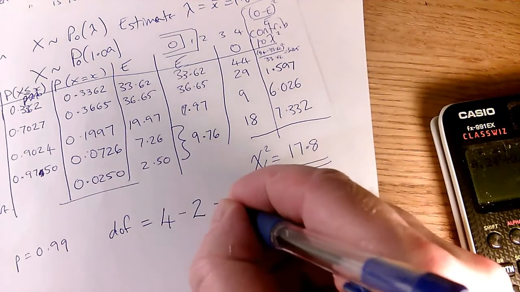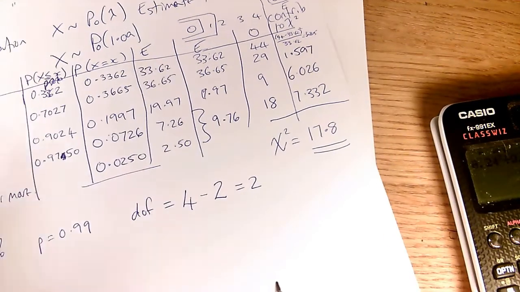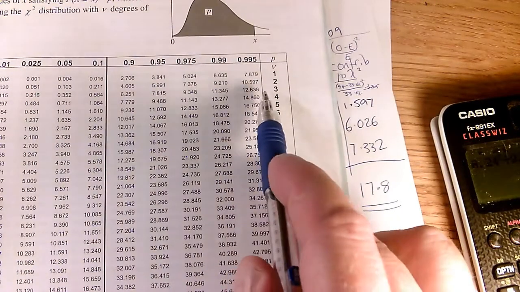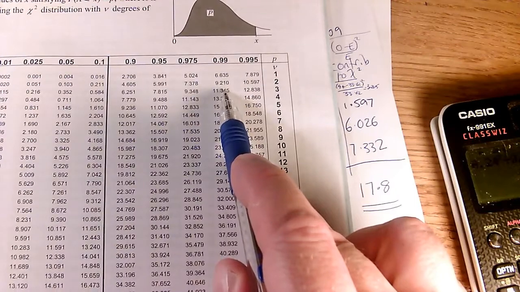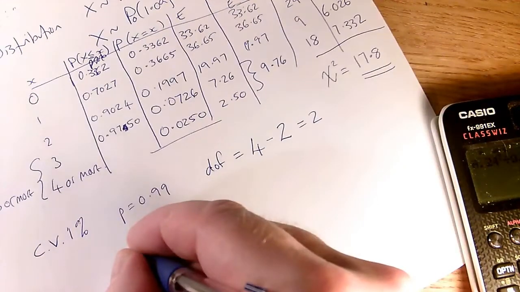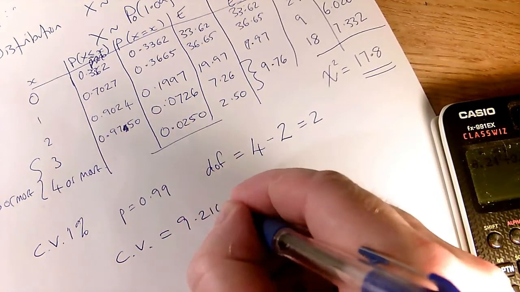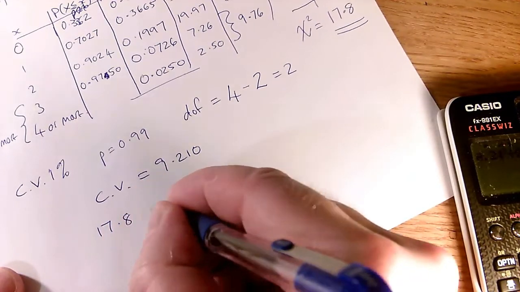So I've got a degrees of freedom of 2 and a p-value of 0.99. So that means my critical value, for 0.99 and 2 degrees of freedom, is 9.210. So my CV equals 9.210 and my comparison is 17.8 is greater than